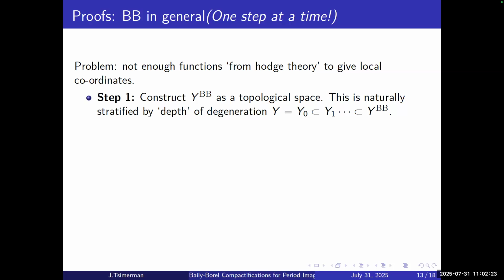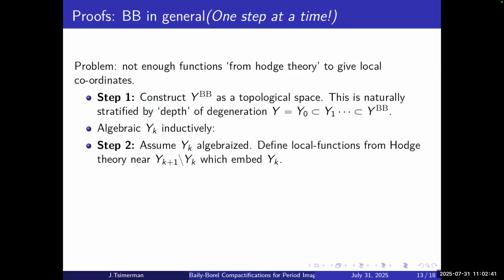So there's three steps here. Step one is to construct the Baily-Borel compactification of the period image purely as a topological space. And once we have this, it's going to be filtered sort of by the depth of degeneration in this way, just like in the regular thing with a Baily-Borel set. And then we're going to show that these YKs are algebraic inductively. We know that Y is algebraic, is the smallest piece, and we're going to build this algebraization one step at